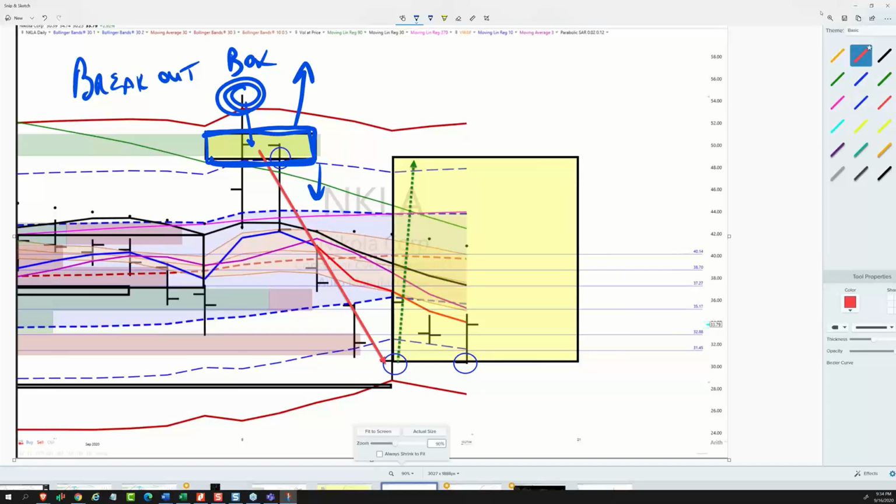So this is one where it opened, broke down, and then you could be short here, and you get this move down to a 10-day low, which is at Z3. So this thing went from Z3 to Z3 in that one big move. That's awesome. So now when it finds support down here,